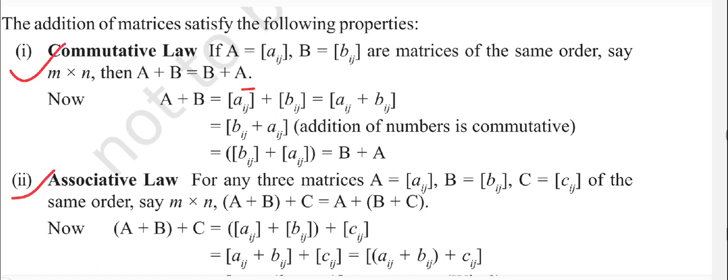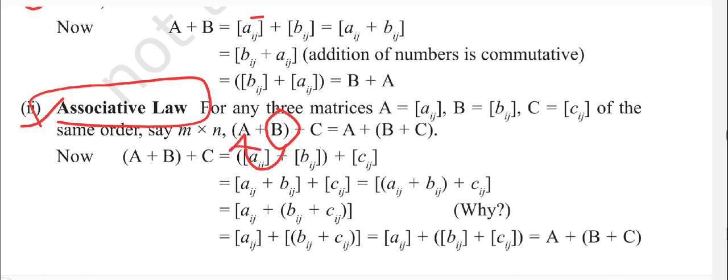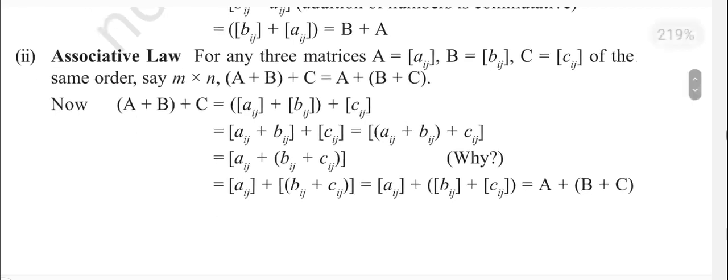Moving ahead to the next law, the associative law. As the name suggests, in the associative law we are basically associating. If you see here, the matrix B is associated with A. How do we know that they are associated? Because they are kept in a bracket. So B is associated with A, then at the end we are adding it with C. Here on the right hand side, B is associated with C, then A is added. According to the property, the law of associativity holds in case of matrix addition. Now I think it is clear to you.